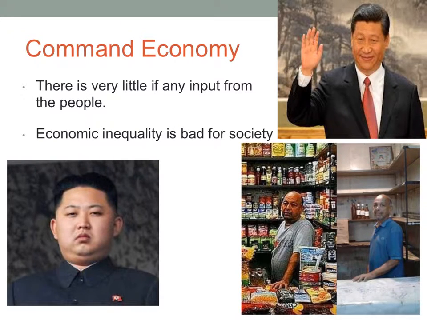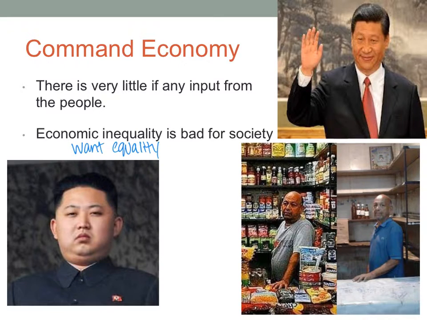The government has decided that they want equality. They want everything to be equal. So to do that, they say, okay, we'll just decide everything for the people. The people are not ever going to have a chance to say anything that they want to say. They don't get a chance to produce what they want to produce. They don't get to have a voice, okay? So it's very controlling. The government is going to control everything here, okay, because they think that to give everybody equality, they have to control it, okay?